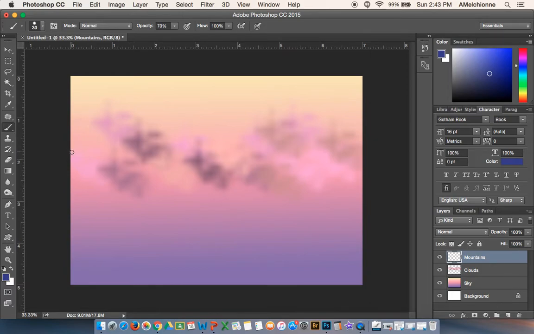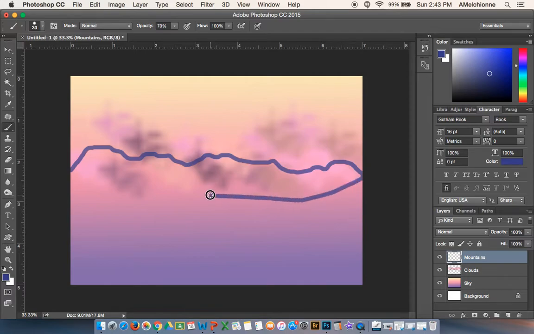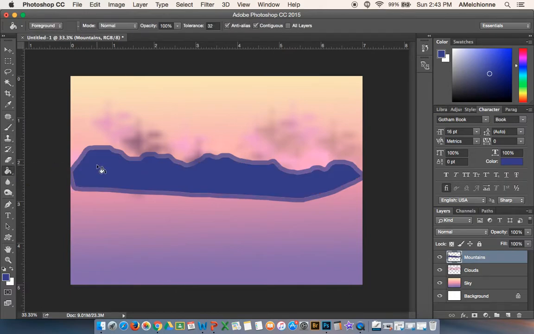So I'm going to do, I think, my horizon line maybe up around here. So I'm going to end up covering up some of my clouds, and that's okay. So I'm going to draw sort of some little mountain range here. So if I give myself a closed shape, like if I go back to where I started, I can quickly switch over to the paint bucket tool and just fill that in